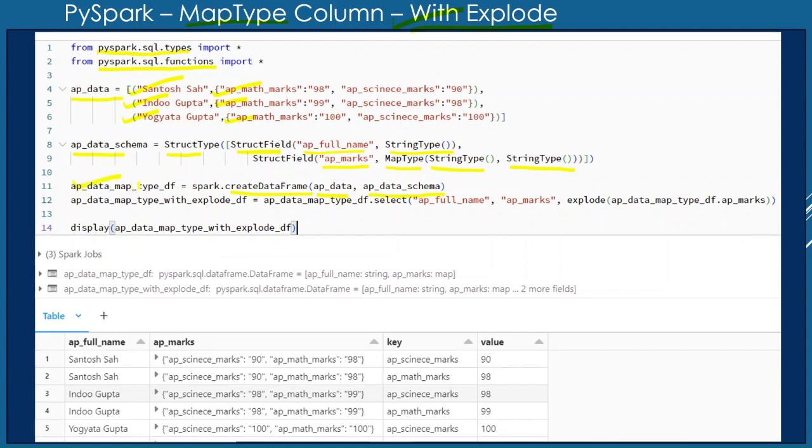When this data frame is created successfully, on top of that I am selecting. With the help of select, you can create a data frame with the selected columns only. So here I am selecting AP full name, and I am also exploding the AP marks column. What the explode function will do is explode the AP marks.